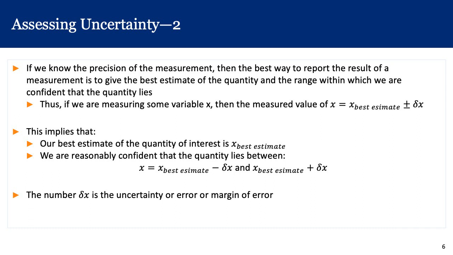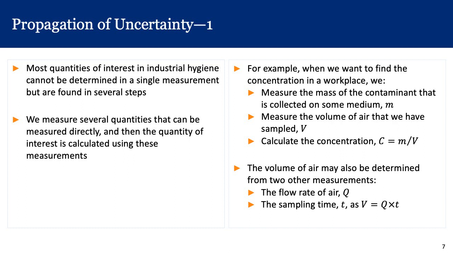And the number delta x is the uncertainty or the error, also called the margin of error. Now we can talk about the propagation of uncertainty. Most quantities of interest in industrial hygiene or exposure assessment cannot be determined in a single measurement, but are